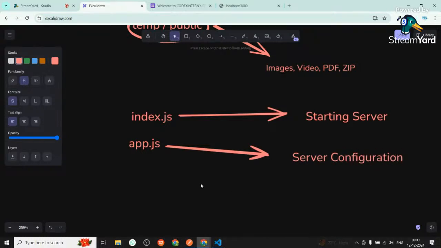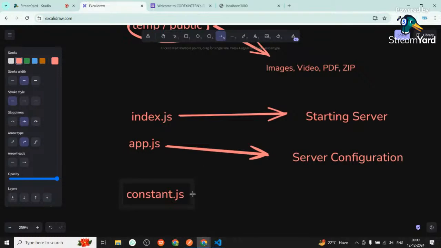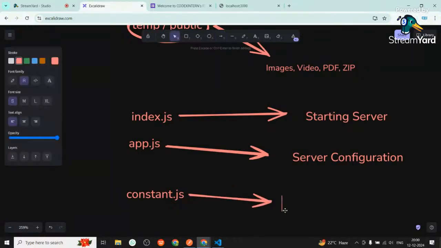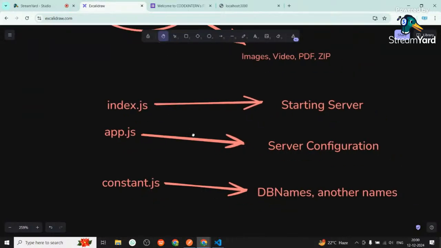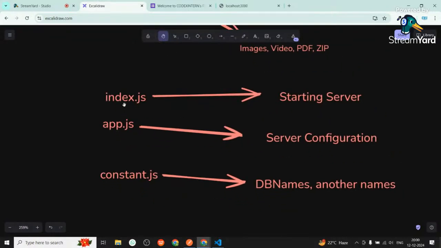Okay, and inside the constant.js you will place some constant variables like database names or another names. Okay, so these are the very basic three fundamental files. Index.js, so in this index.js you are going to start your server. Inside the app.js you are going to configure your server, and inside the constant.js you are going to write your database name and also another names. Okay,